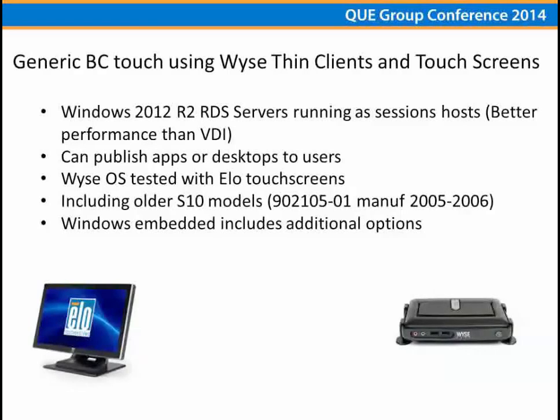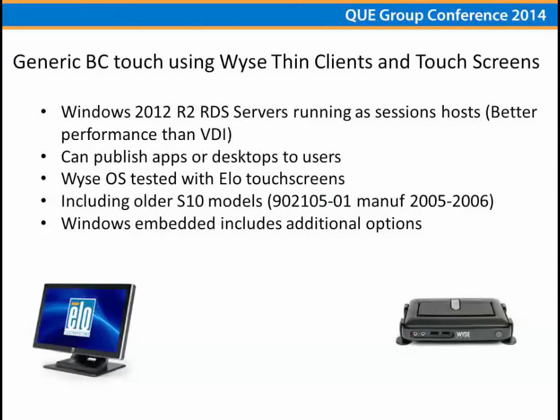So one of the enhancements that's been great for us is adding the touchscreen functionality to the generic BC. What this has allowed us to do is not have to buy barcodes or barcode guns any longer, right? Save on that cost. I know generally it's made up in the price of the touchscreens, but if you guys have priced them lately, they're quickly dropping and becoming very reasonable. Actually, we're picking up ELO touchscreens on the used market now in the 19-inch range for around $120, so something to think about. So our environment right now, what we've got is a Windows 2012 Hyper-V environment, and we're running